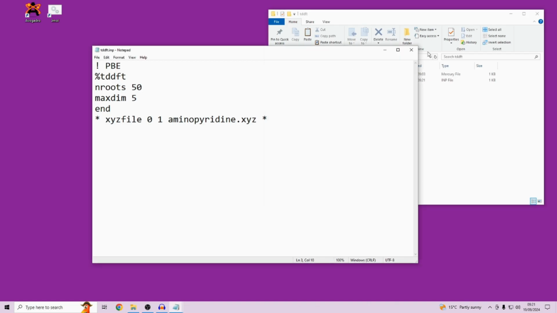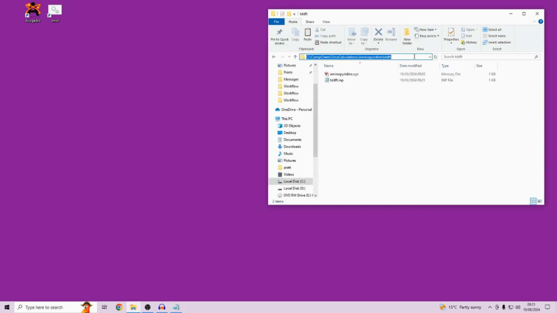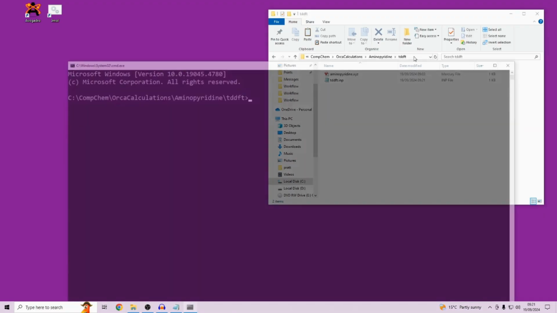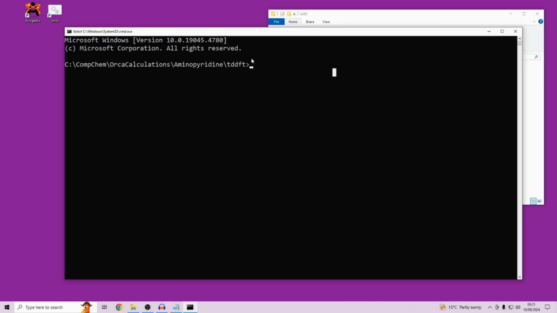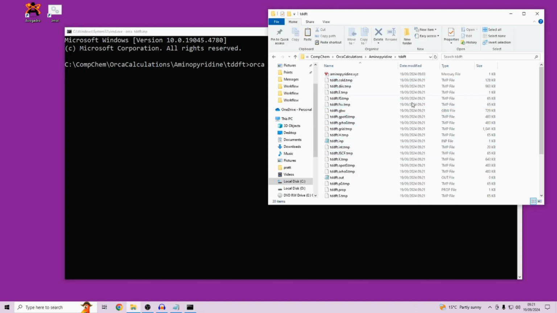And we can close this. So now in the command line, which again you can access by clicking in the Explorer bar and typing cmd, in the command line we will type ORCA, because we are going to be using the ORCA software, tddft.imp greater than tddft.out, and we'll hit enter, and just like in our previous calculation, lots of TMP files are made as the